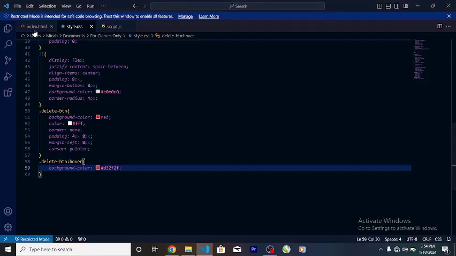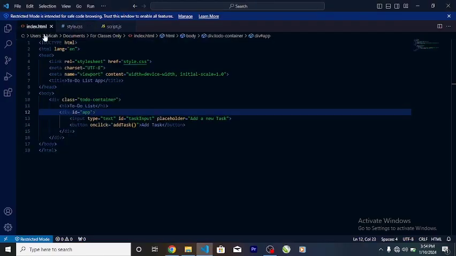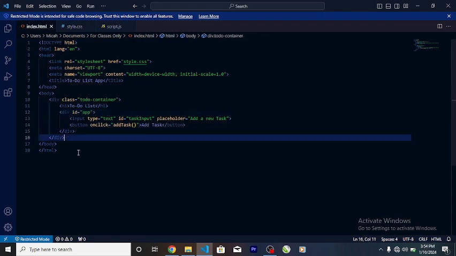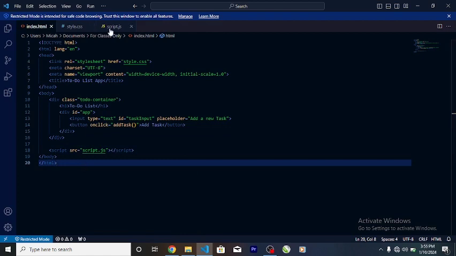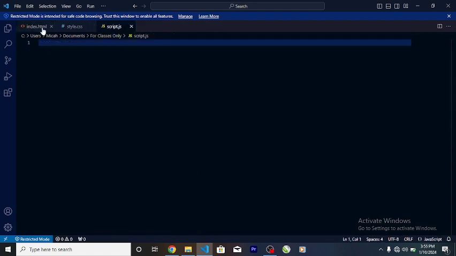So we're going to go back to our HTML, and right at the bottom I'm going to say script source script.js. So we save and move to our script.js. Now we can start coding. So we're going to say function addTask, and then